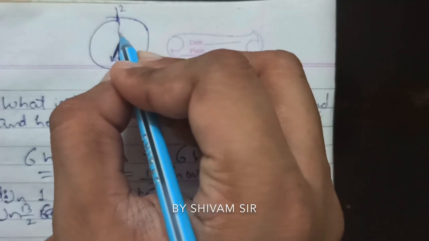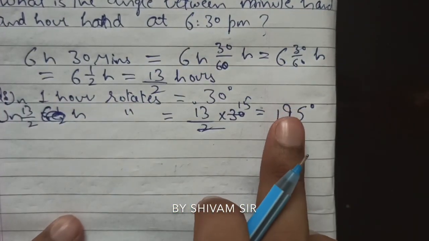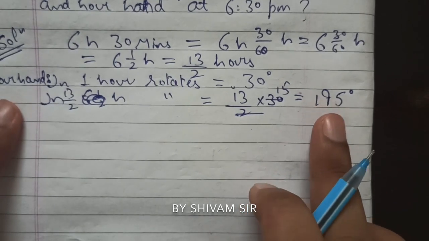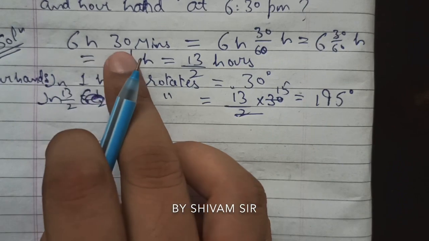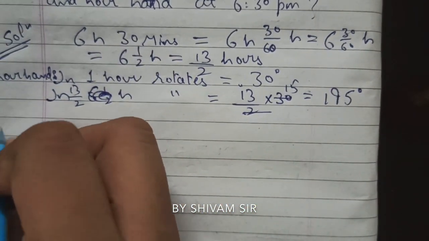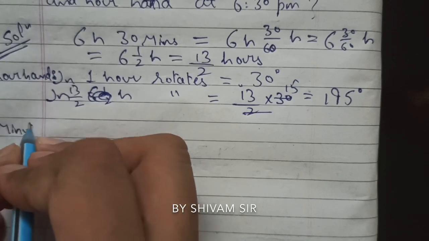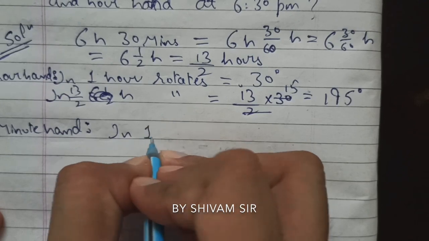So from 12 o'clock this angle will be 195 degrees. Here we have determined that the hour hand will rotate 195 degrees in 6 hours and 30 minutes, right? So let's talk about the minute hand now. So the minute hand, we know that in 1 minute